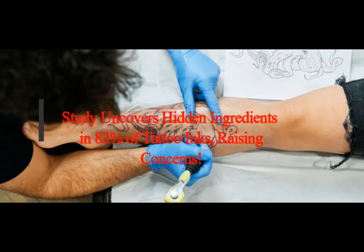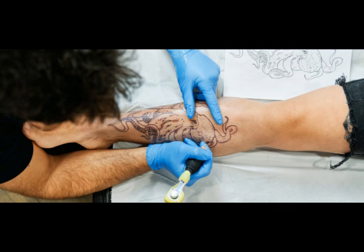I don't know how many of you have been blood donors, but it's been known for decades that people who have tattoos cannot donate blood because of the risks they have in their infected blood. Now, tattooing is an art that humans have been practicing for millennia. While 32% of adults in the United States have at least one, many of the inks in the United States